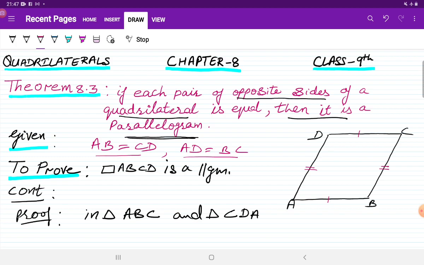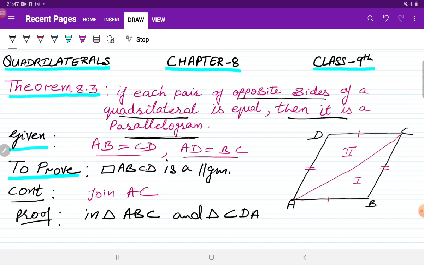So for that we have to divide this quadrilateral into two triangles. So I'm joining this diagonal AC and I'm getting two triangles, triangle number 1 and triangle 2. You can join any other diagonal also, you can join BD also. You can solve by that also, if you take diagonal BD. Here I am taking diagonal AC. So this is our construction: join diagonal AC.